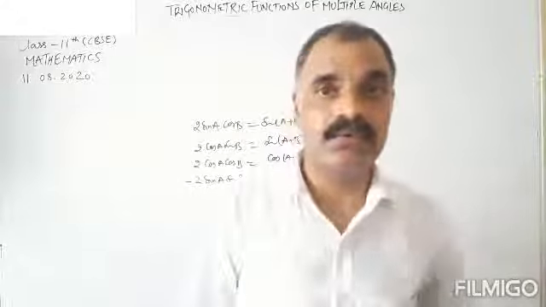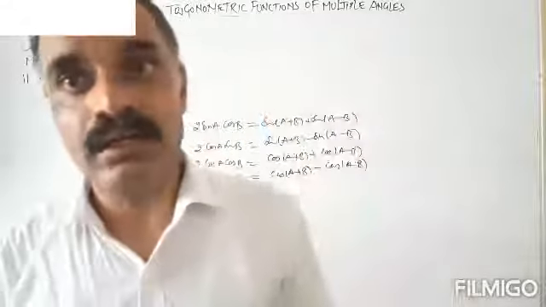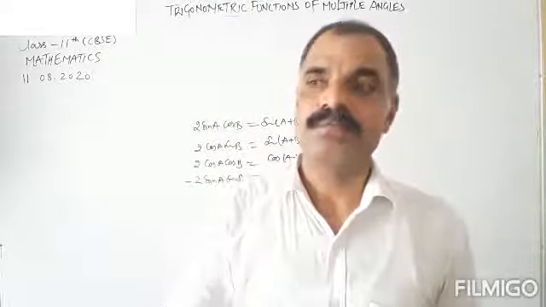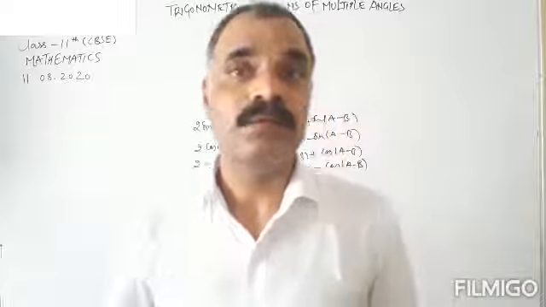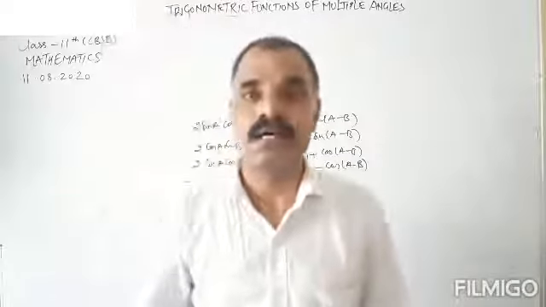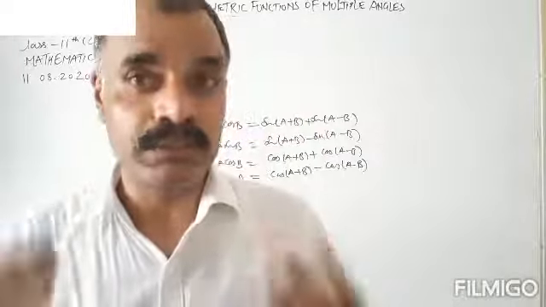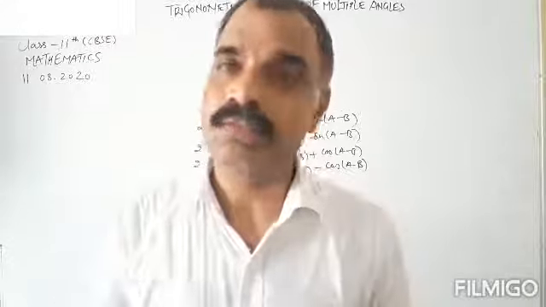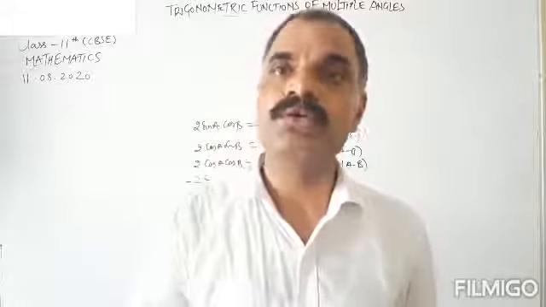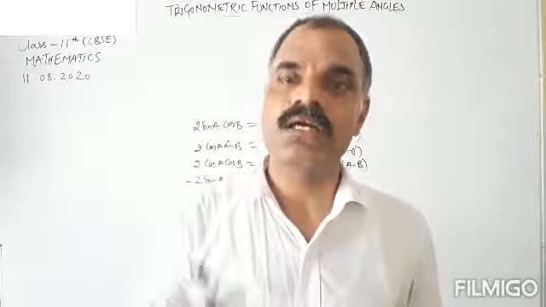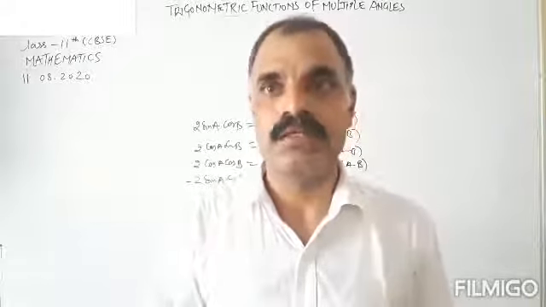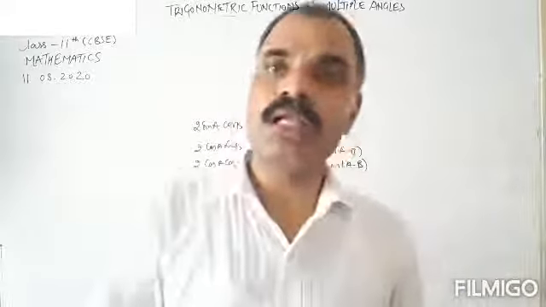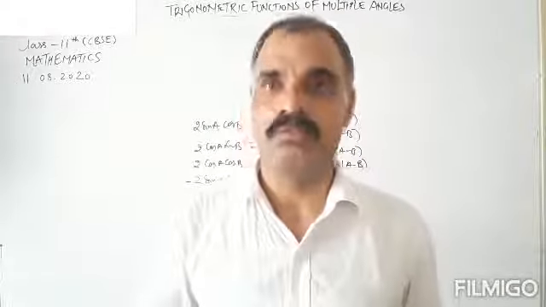These identities are known as CD identities, and the identities I told you recently are known as C plus D identities, as there we have the sum of two trigonometric functions, that is sin a plus sin b, and here the two trigonometric functions are in product form, sin a into sin b or sin a into cos b, just like this. So these are all the trigonometric identities I have told you.